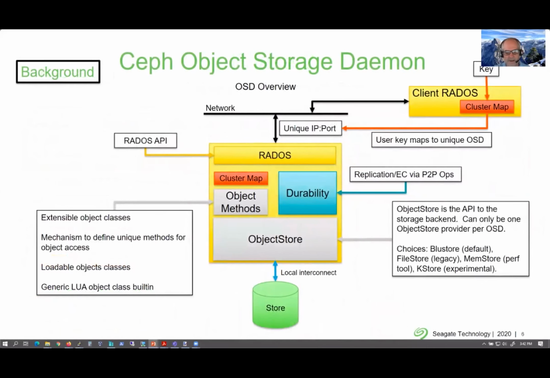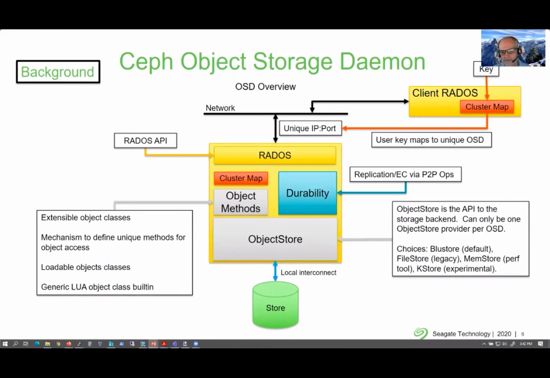To integrate a key value network drive into Ceph, I'm going to have to modify the object storage daemon itself. This is a high-level block diagram of some of the code inside an OSD. You have the RADOS API layers on top, which accept the I/O requests from clients and also interact with other OSDs inside the cluster. There are the object methods. These are the extensional object classes that Skyhook uses to define new functionality as part of the access methods. That's all done at that level.